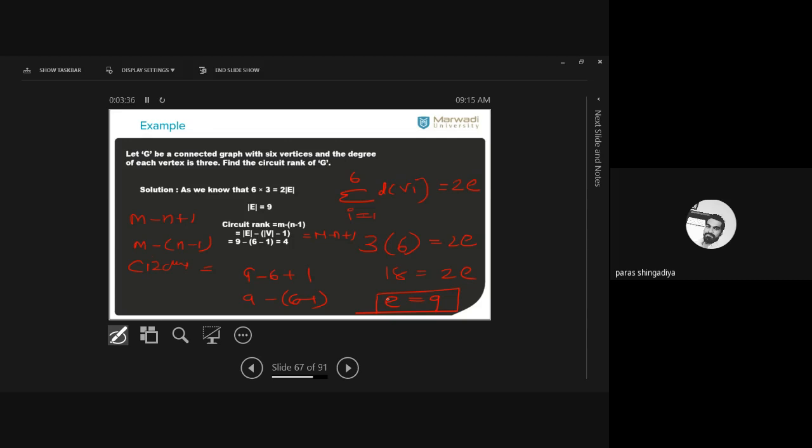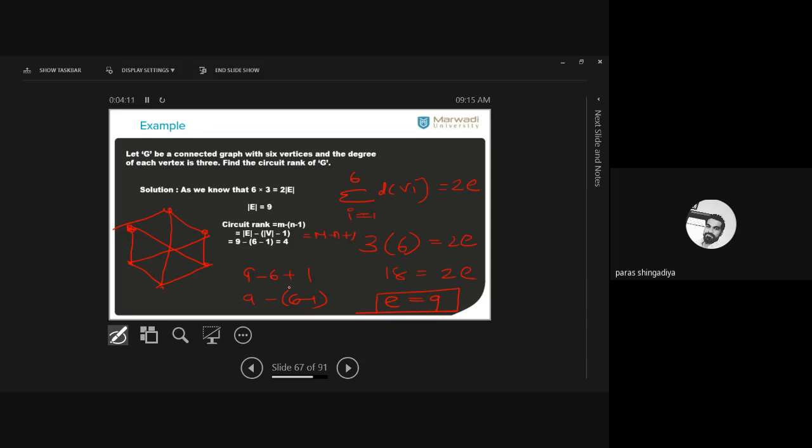It means you have to delete 4 edges to make this graph a tree. Clear? And which type of shape will we get here? All the vertices have degree 3. Consider 6 vertices here, and all have degree 3. And you have to use 9 edges to create this graph. So first connect all the boundary vertices. Here we use 6 edges and still 3 edges remain. So now make a cross between the opposite vertices. So I will use 9 edges, and all the vertices have degree 3.